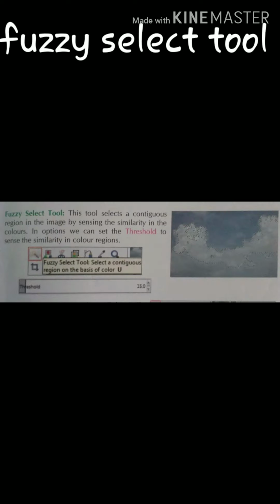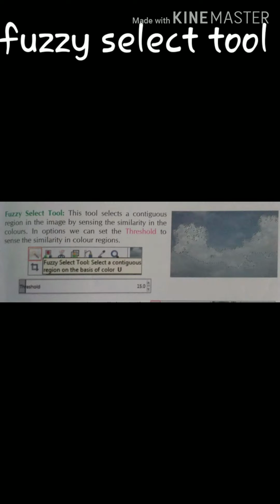Next, beside the rectangle tool, the next tool that appears is the free select tool. This tool allows free-form selections by clicking various points to join them and make a desired shape. Whatever part you want to select, at that time you use the free select tool. Next, the Fuzzy Select Tool.